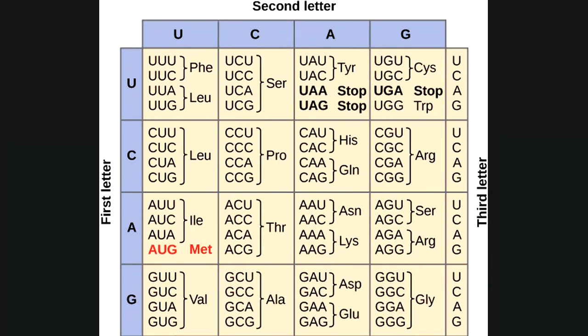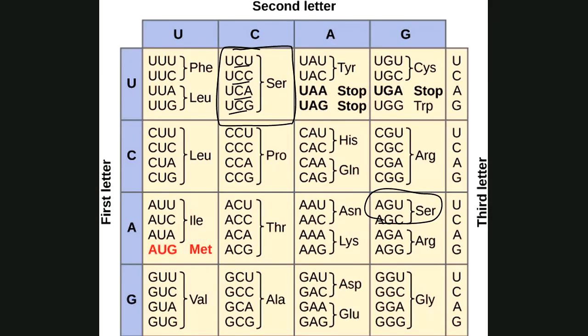Now, a couple other things I want to point out to you besides it being 3 nucleotides for every 1 amino acid, and that is that it's redundant, or degenerate, meaning there are multiple codons that code for the same amino acid. So let's take this box for example. The amino acid serine has all these combinations of codons that will always code for the amino acid serine. And there's 2 more down here that also code for serine.